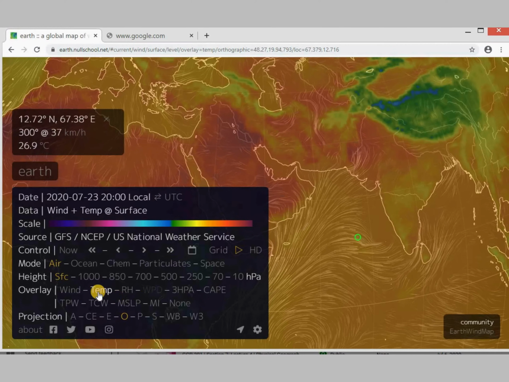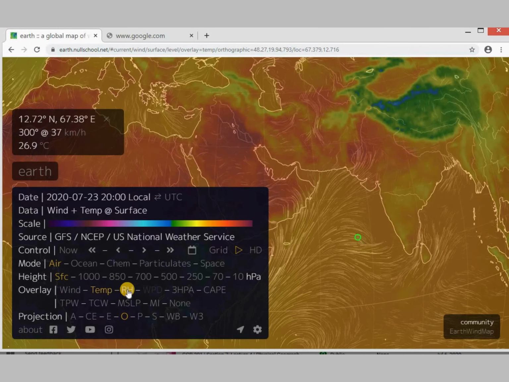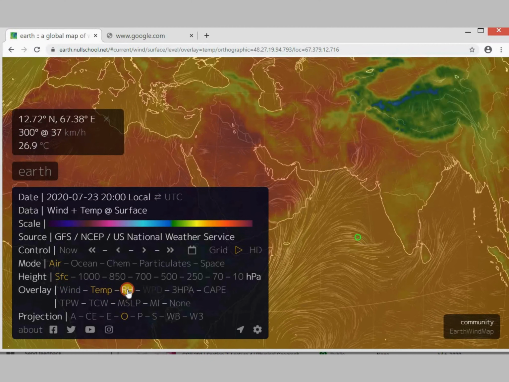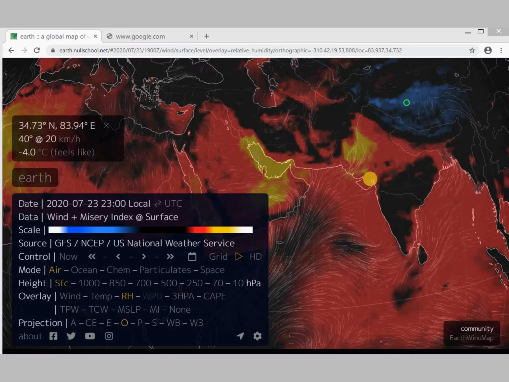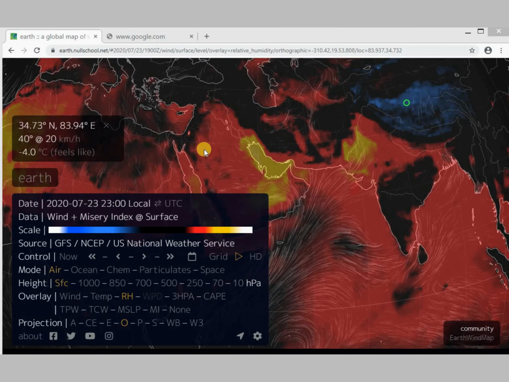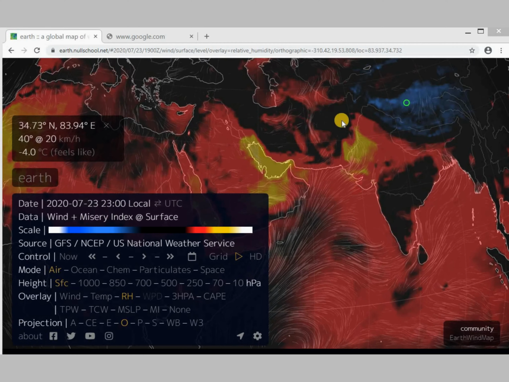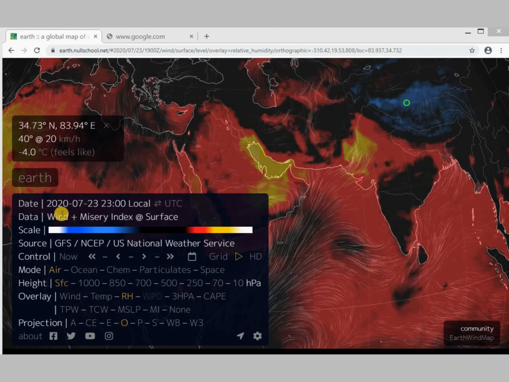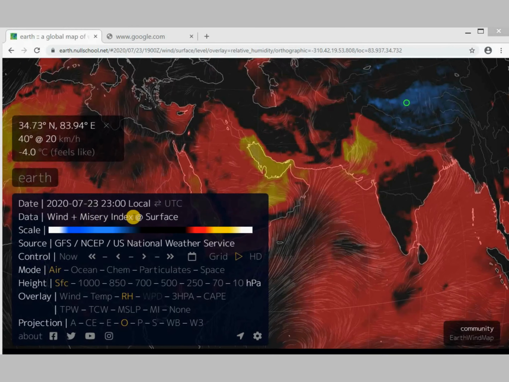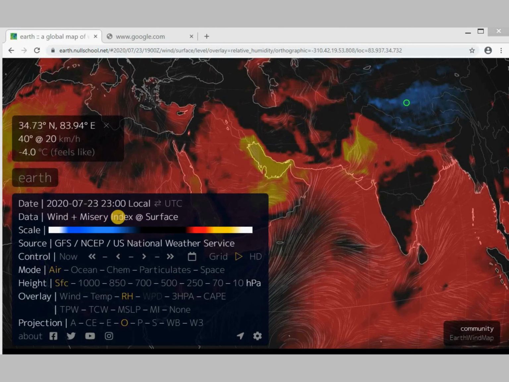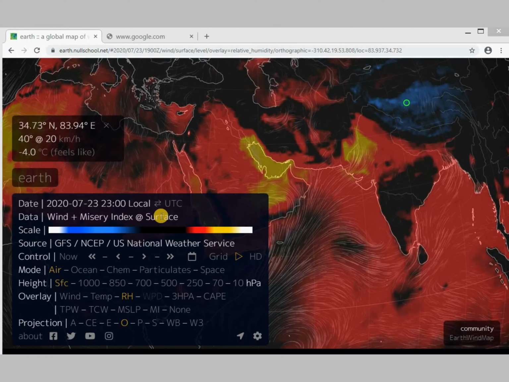So let's change the overlay from temperature to relative humidity. If I click on it, now on the screen we have the misery index. The layer can be seen here in the data tab, where you will find which layer is shown. So this is the misery index along with the wind at the surface.